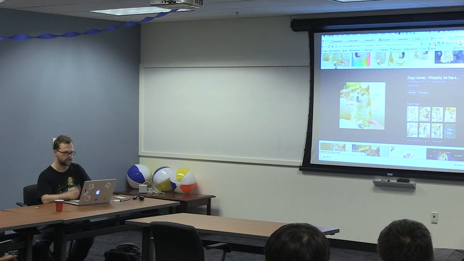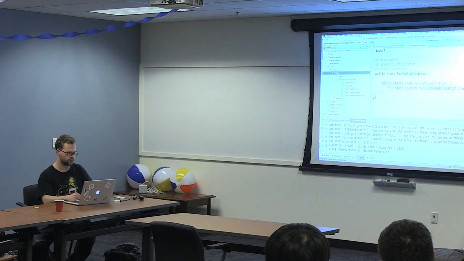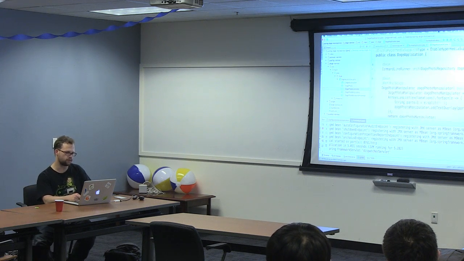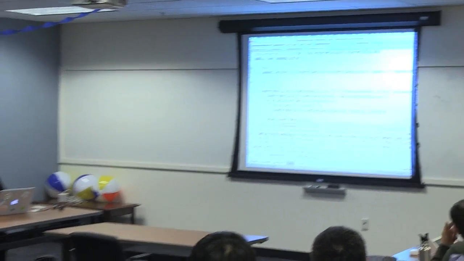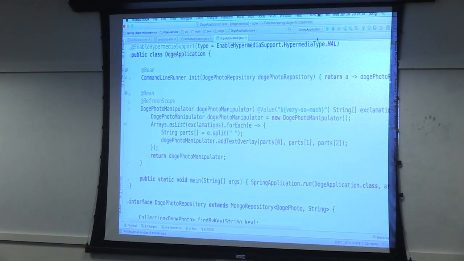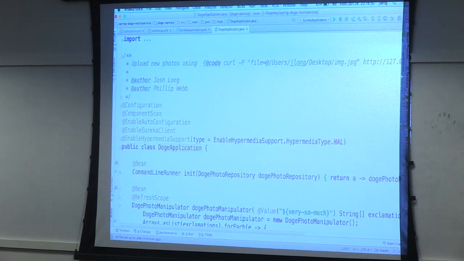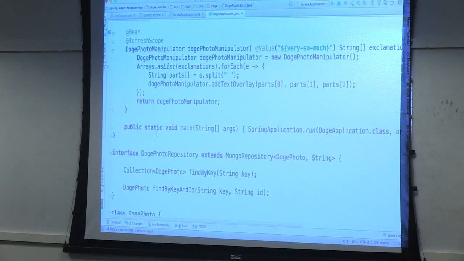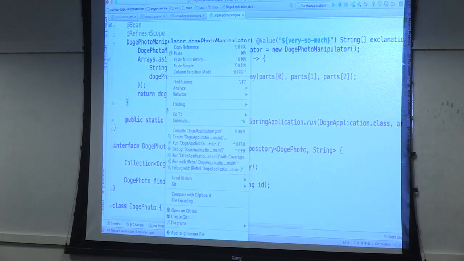So I have built an enterprise-grade Doge service. Now this service is basically a REST API, and I won't bore you with the specifics here, but you can post an image to it and get a Dogified image for your trouble. So I'm going to go ahead and start it. It's just a Spring Boot app. There's not all that much that's interesting intrinsically. I'm using MongoDB to store the images. I'm using a REST API. It's standard stuff. So here we go.